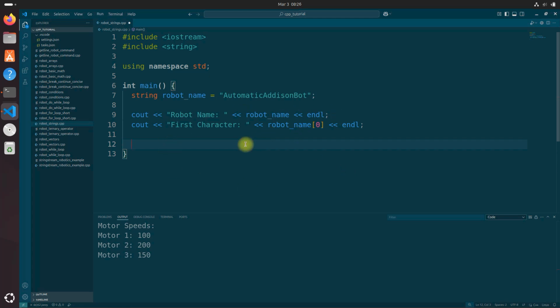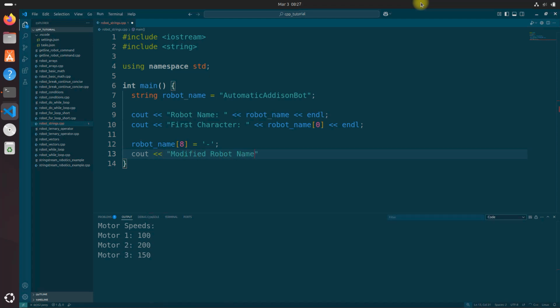So now let's modify the string. We'll do robotName[8]. Okay, and let's change it to a hyphen. So cout modified robot name. Let's do robotName, endl,